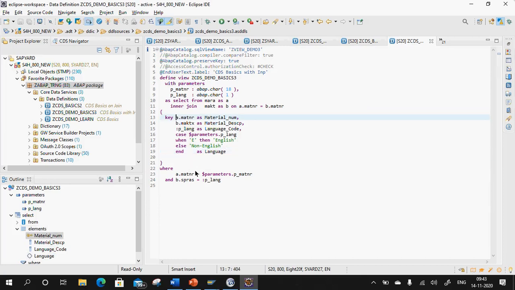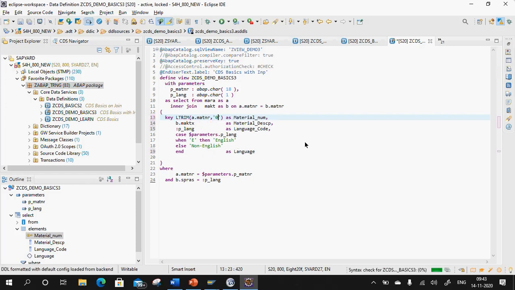What you need to do is, you need to use ltrim here, then a dot MATNR, you put it here, Control V, I'll remove this from here, and I want to trim this with the leading zeros, so 0 here.